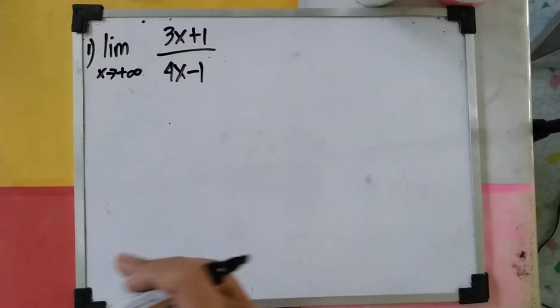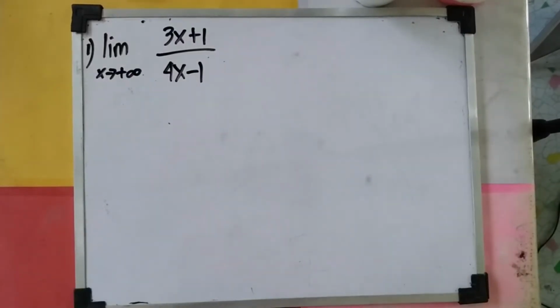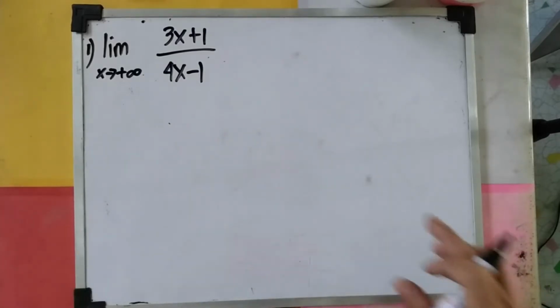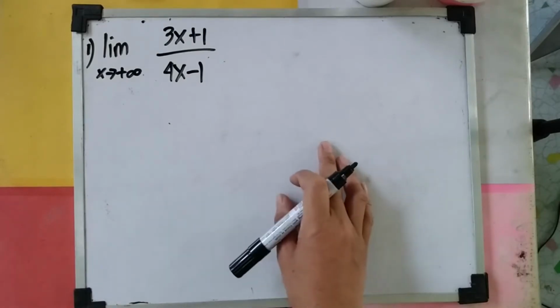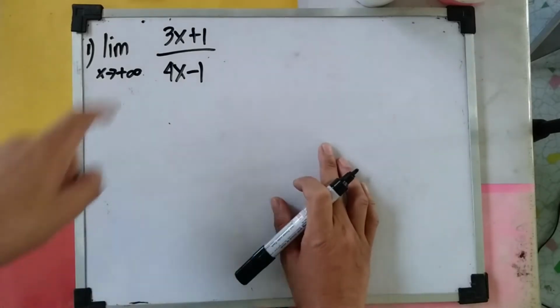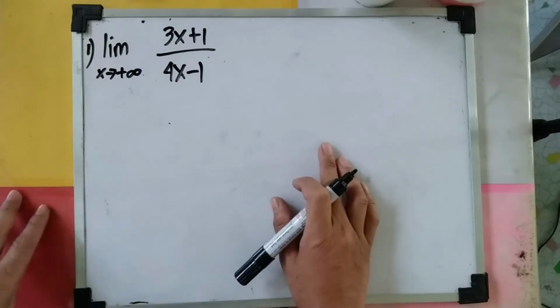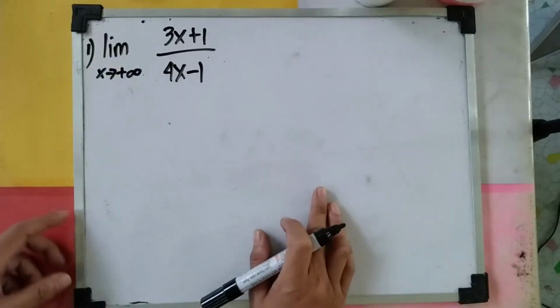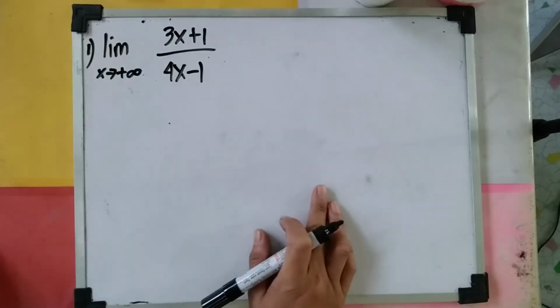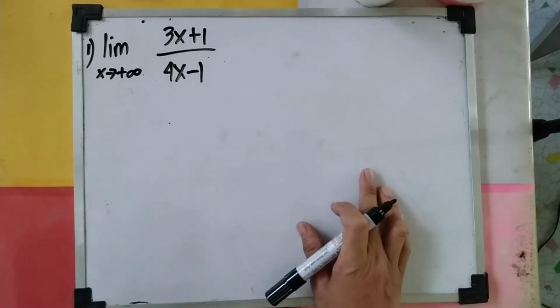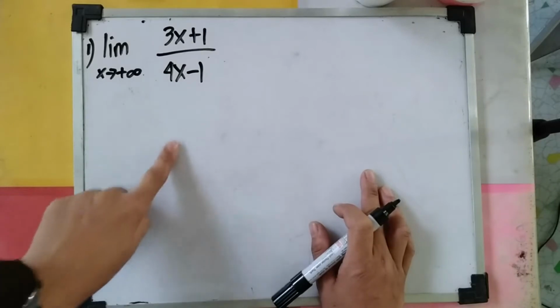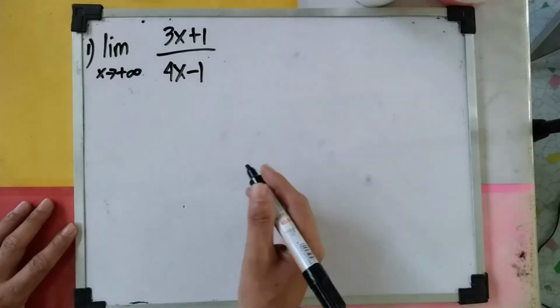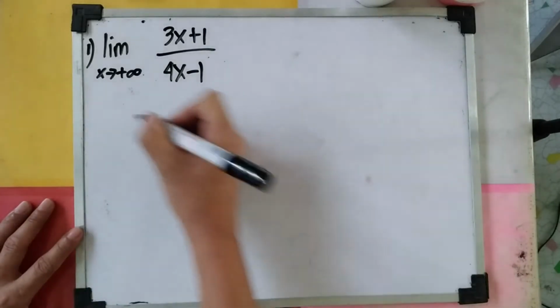Okay, let's apply the theorem na kaka-learn nyo lang. Sige, how to apply the theorem? Okay, to apply the theorem, you have to divide each term of the numerator and denominator by the variable of the highest power occurring either in numerator or denominator. Okay? So, what we're gonna do now is